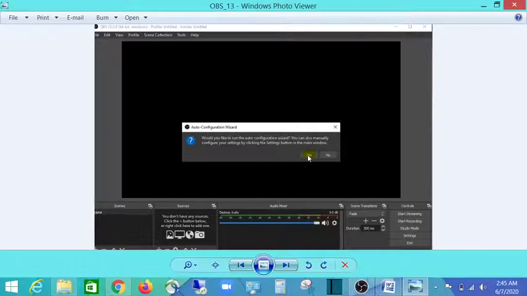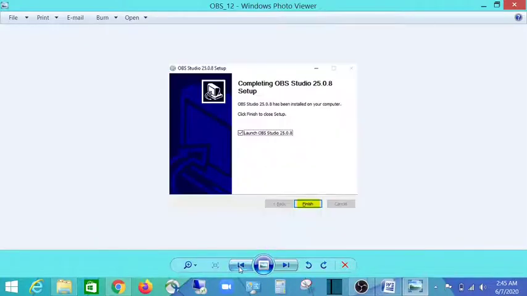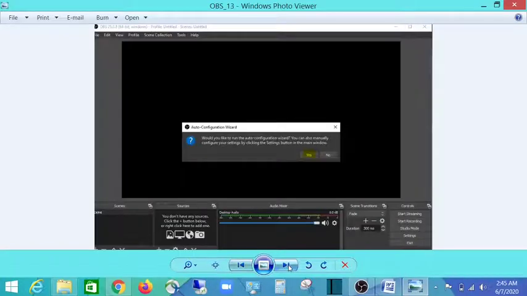So click on finish, which would take you to the auto configuration wizard, which would ask you whether you would like to run it. You can also manually configure your settings by clicking on the settings button in the main feature. So since we are going to manually configure the settings, click on yes,